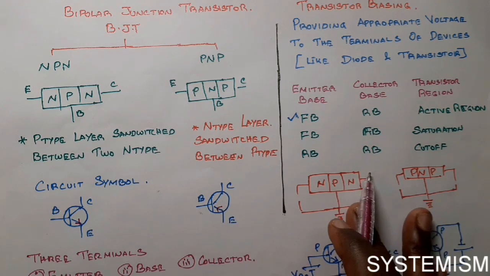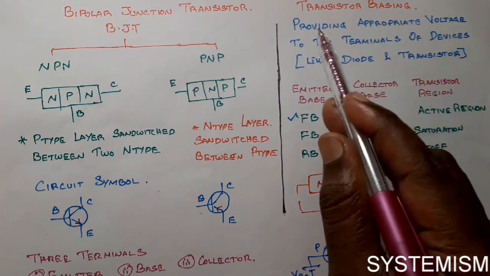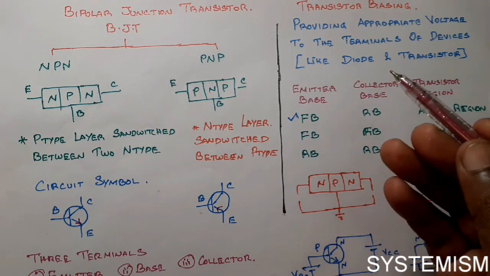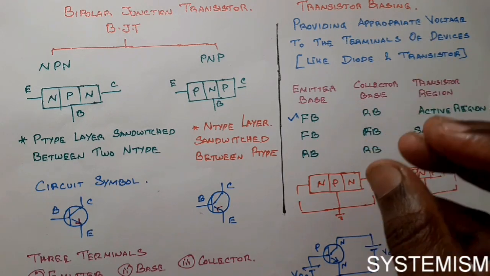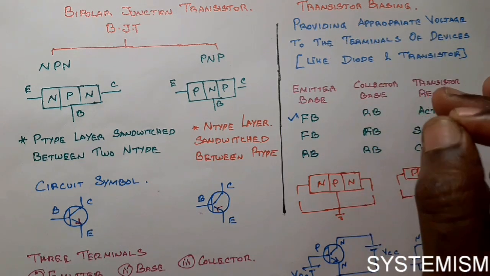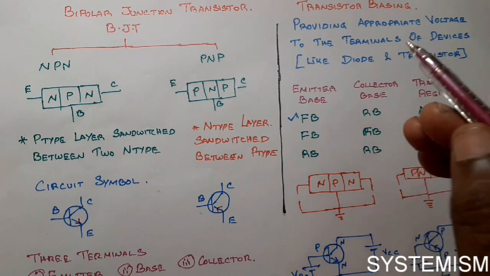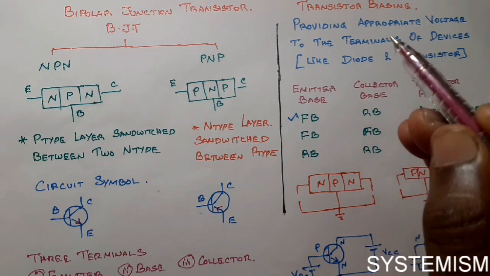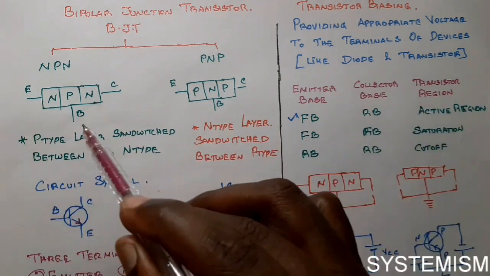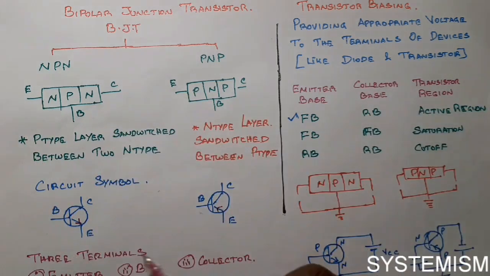Okay, then the next topic is transistor biasing. What is transistor biasing? We already learnt about diode biasing. Biasing means we have to put a battery, then only this transistor will operate properly, isn't it? We have to apply an appropriate voltage to the proper terminals of this transistor. What are the terminals? Emitter, base, collector. We have to put the battery in these